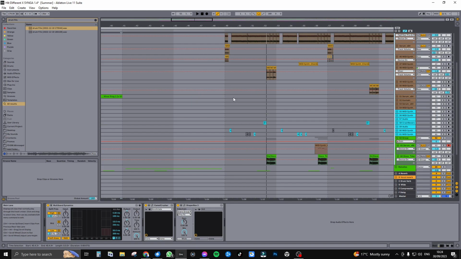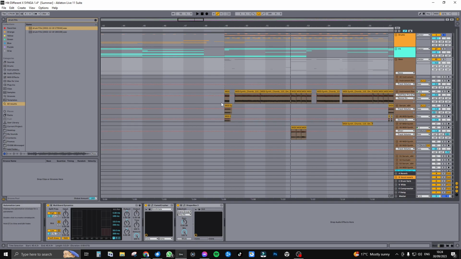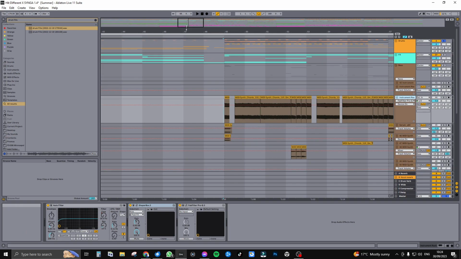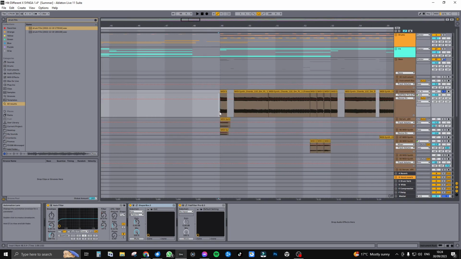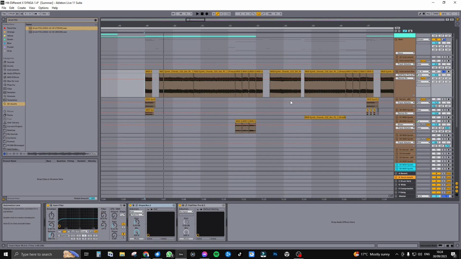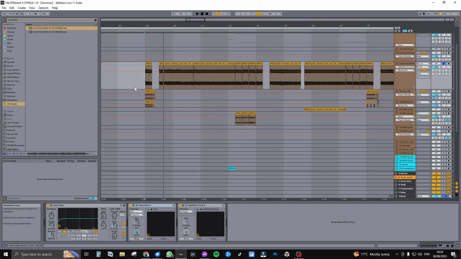So the bass, unfortunately a lot of it is already rendered, but I can tell you, I did all of this in MIDI, obviously, and rendered it to this. When I was writing the track, I had it basically all written in one MIDI line, and once I was happy with the pattern, what I would then do is duplicate that MIDI and change certain bits to different sounds and layer it over the top. So this is my main bass here, the main groove,